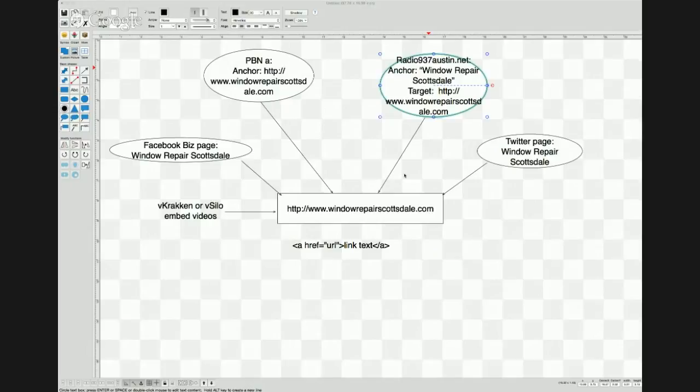But just because the backlink's coming into this website, whoops, I thought I saved it, but I didn't. Darn it. See if I can remember what I called it. Radio 93.7 Austin.net. Let's just say okay. So the backlinks that would have come in here, from somewhere else, they may have had anchor text that was about a radio station, Austin. Okay, may have had another.